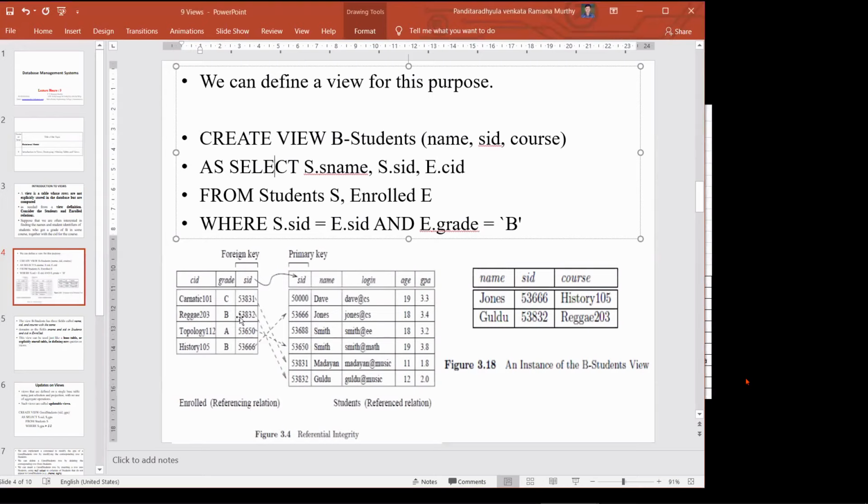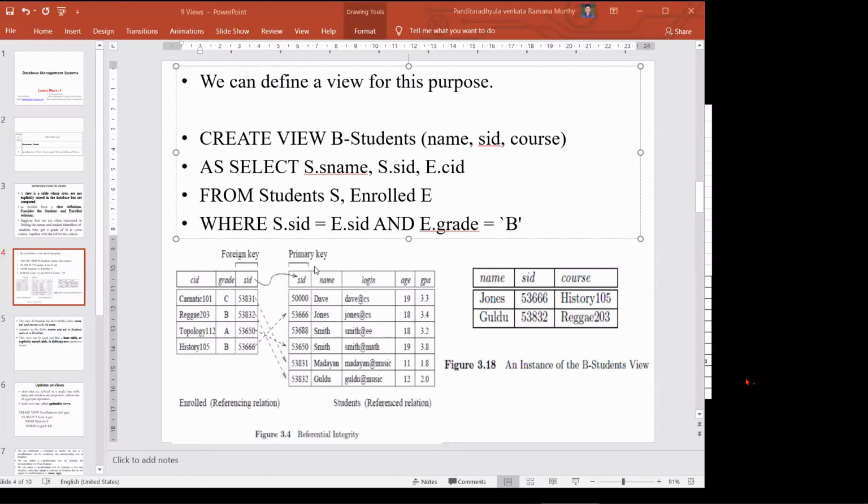Because in the from clause we renamed student as S and the enroll table as E, that is the reason S dot gives the name and SID from the student table, and CID from the enroll table.